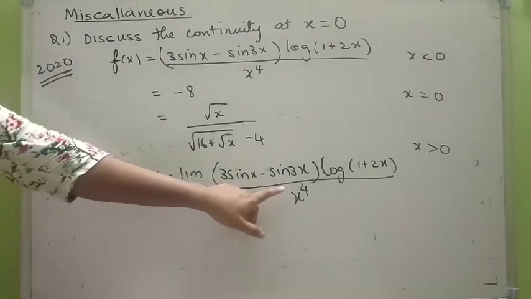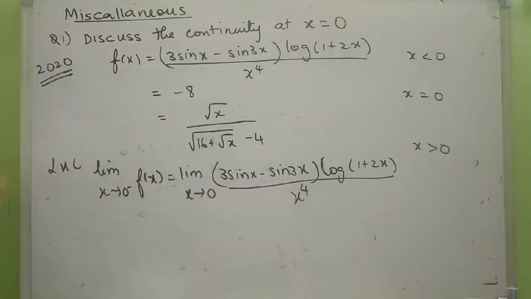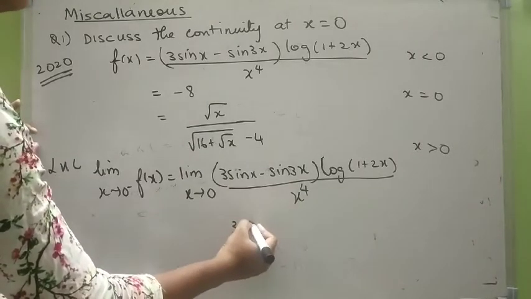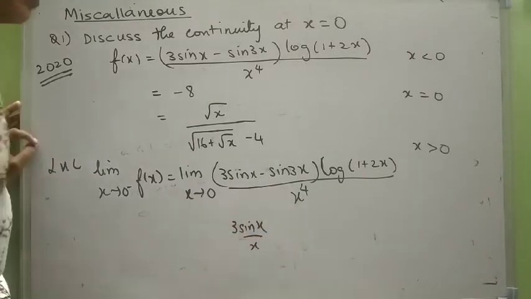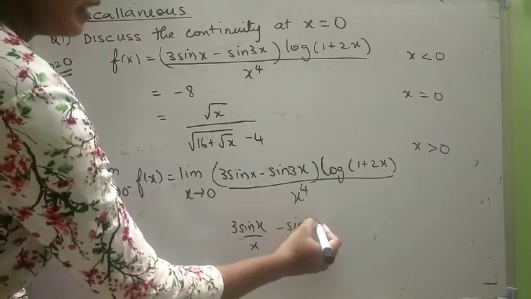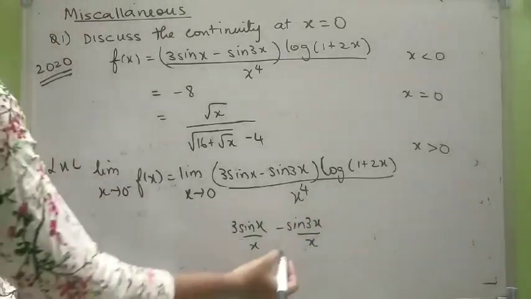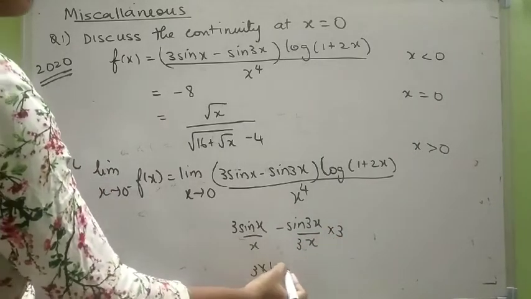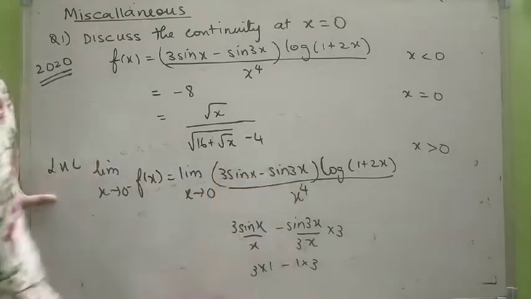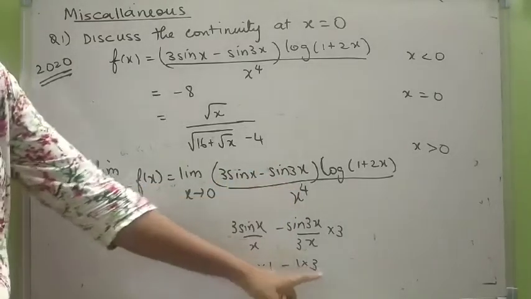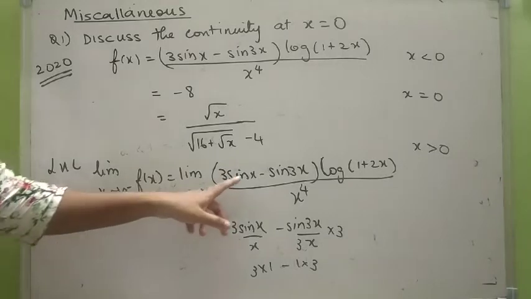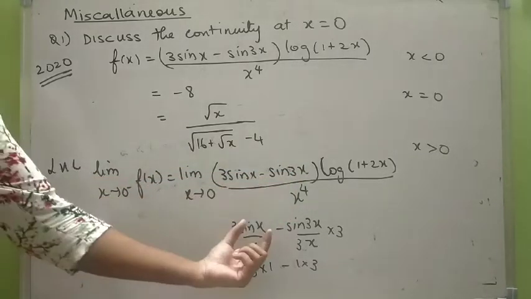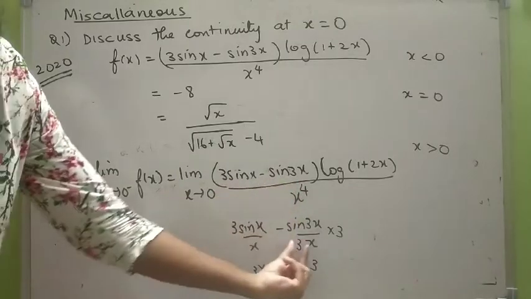Now, previously we had done something with sine 2x, if you have seen. Same way, if you take one of the x and try to distribute in this form, sine of x upon x minus sine 3x upon x, and then if you balance, what will be the answer? 3 into 1 minus 1 into 3. So that will be 0. So simply by distributing, it will not work. Even if you directly put sine of 0 minus 0, again it will be 0. So direct substitution is not working. Normal x distribution is also not working.